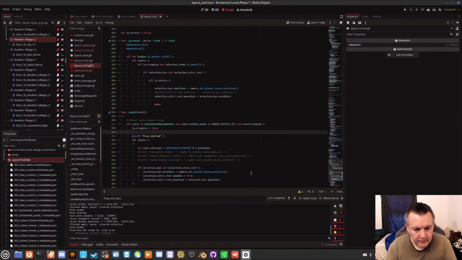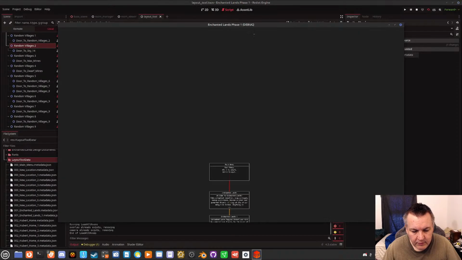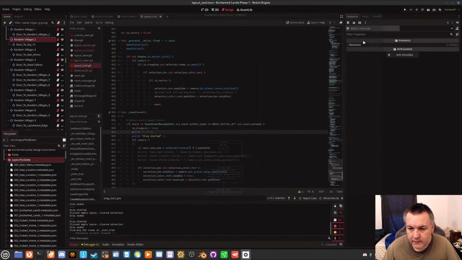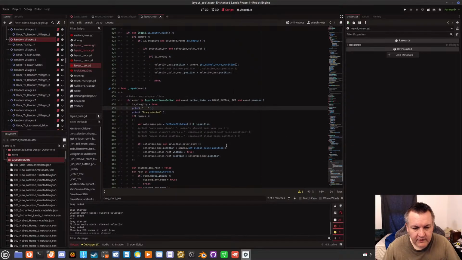Need something here. Print. That way, when we start this thing, it prints. And we need to set the drag start position whenever we are dragging.